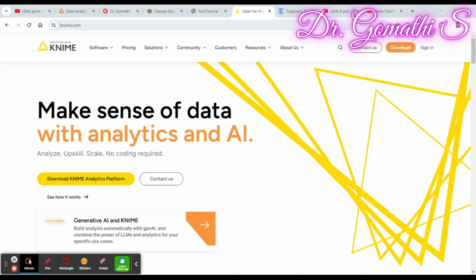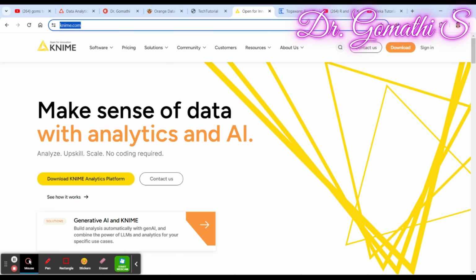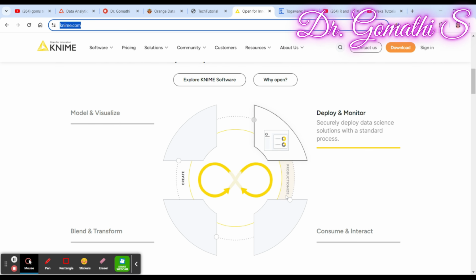Okay, so it is a cloud native infrastructure that supports large scale data analysis, which is crucial for researchers dealing with big data or requiring significant computational resources. So it benefits researchers with scalability, accessibility, collaboration, innovation, and experimentation. If you just scroll down, you can see how KNIME is really working.